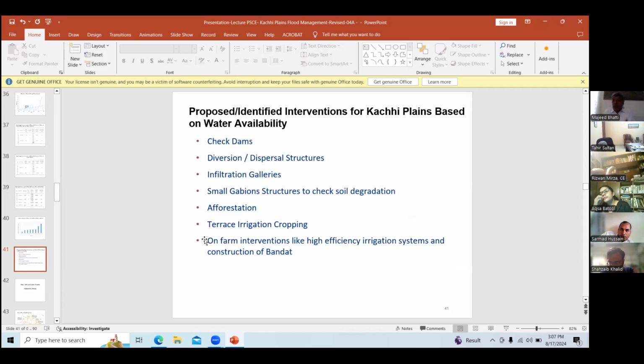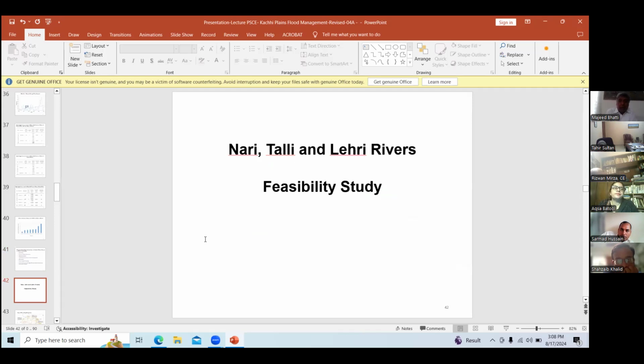There could be many others. So these are the identified interventions for water management and watershed management in the master planning. Now, this is all about watershed management, master planning.